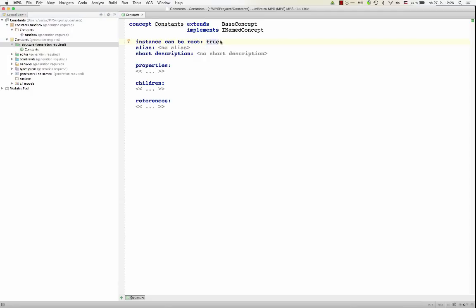So they will be root concepts, and we might give it an alias, a string that will be used to represent this concept in the completion menu. So to easily distinguish this concept and to nicely represent it in the completion menu, this alias can be defined. So that is constants, and now underneath constants, we want to have the individual constants. We can call it list of constants, and these will be of concept constant, which we don't have yet, so